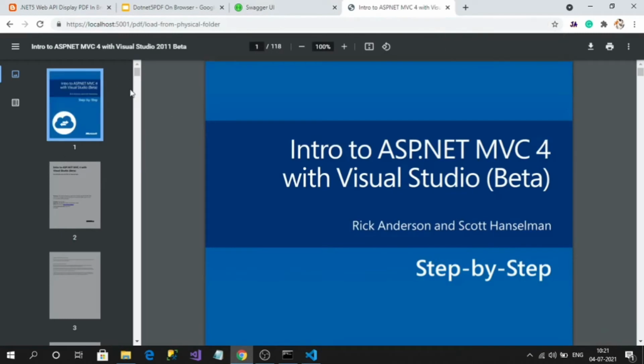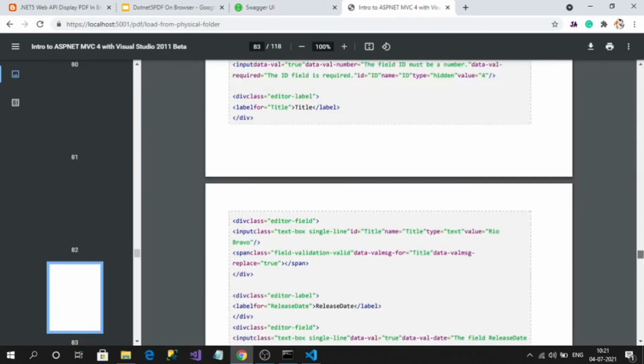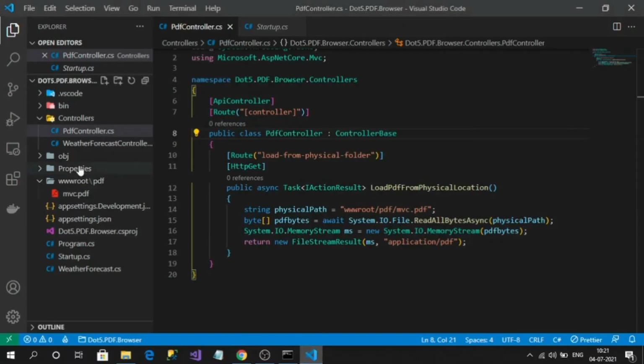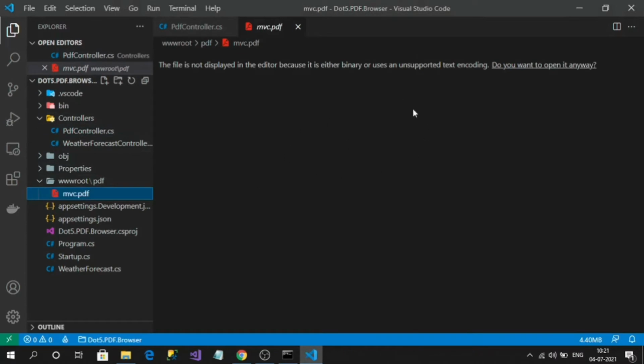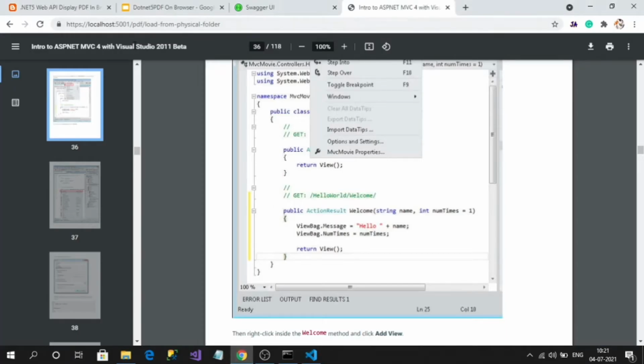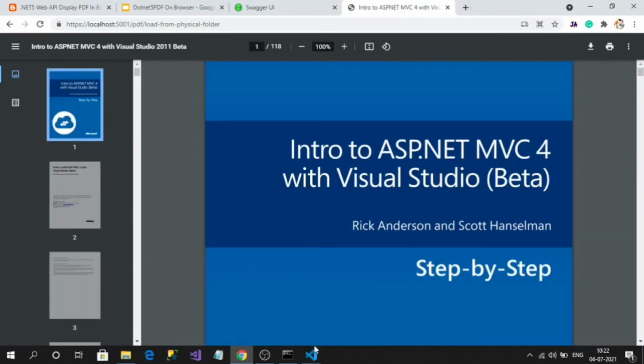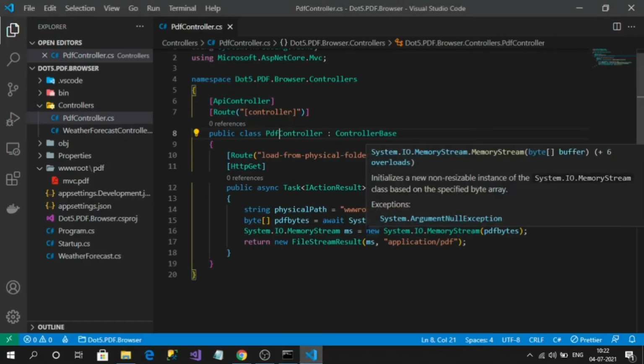See, the sample PDF doc which I showed here in the wwwroot folder. Now I am able to preview it. See the path. This path is my endpoint path and it is previewing the PDF. So one way of retrieving the PDF is done.